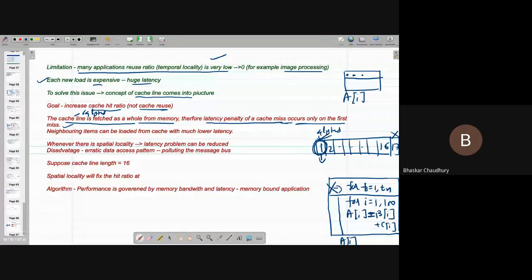Now the moment I introduce the outer loop, which is running on time, what is happening? How many times are you going to use A1? That depends on the value of Tn. Let's say this is 10. How many times are you going to use A1? 10 times, exactly. So this outer loop is actually the reuse in time. You have to be very careful about this. This is where the reuse happens. Here the reuse is not happening. It is just that you requested A1 in the very first instant, and instead of just getting A1, you are getting A2, A3, A4 up to A60.